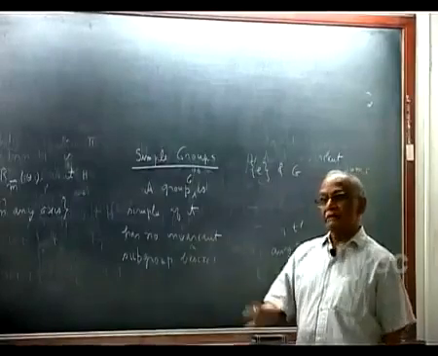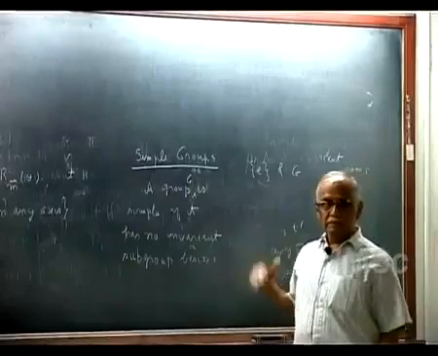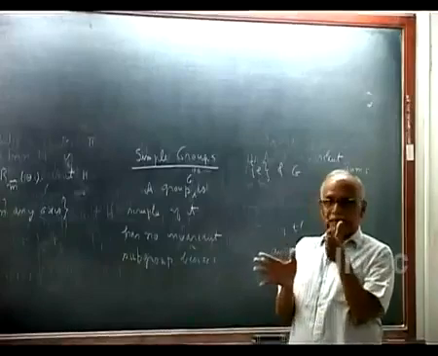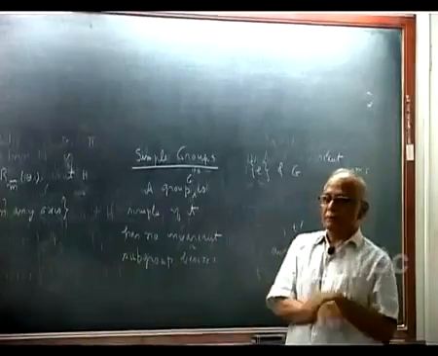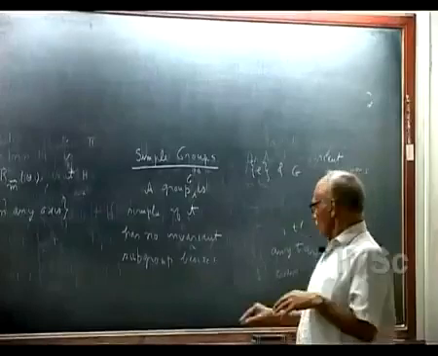Simple groups have a particular simplicity. We will see that being simple tells us something about what happens when you try to represent these groups by linear operators: they have some specific property which is very easy to deal with. Now, what are examples?